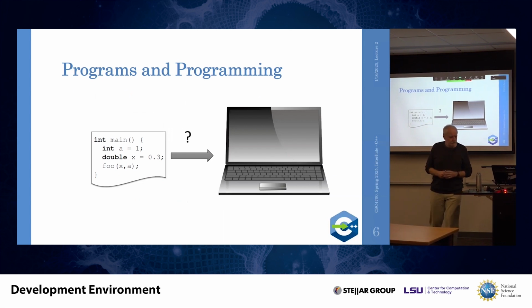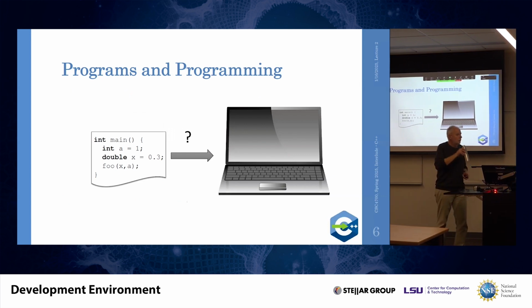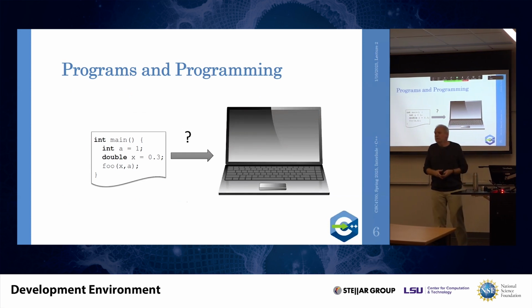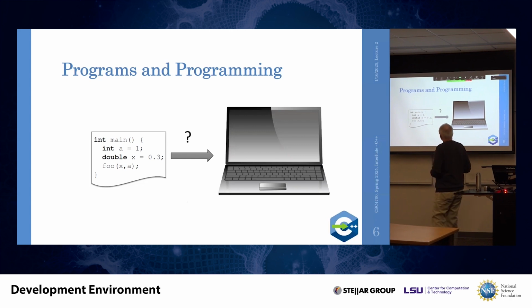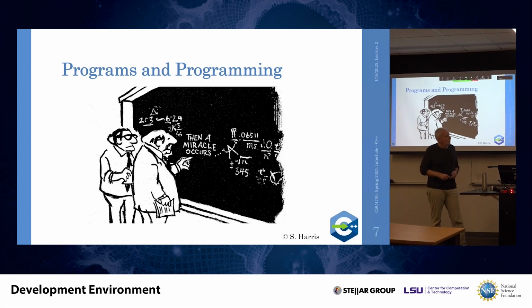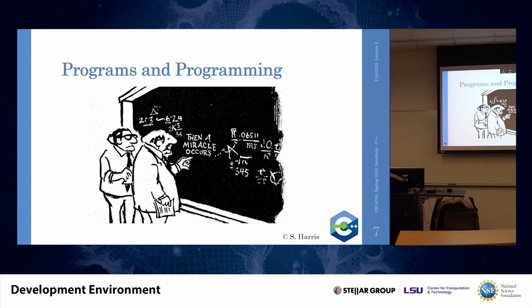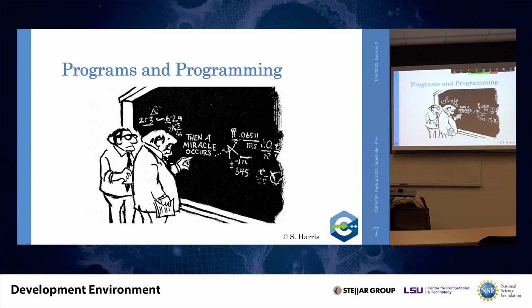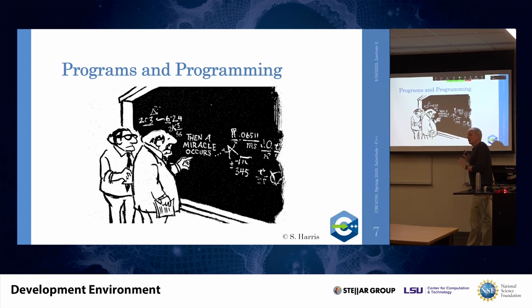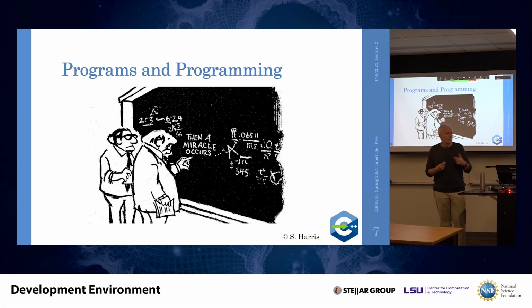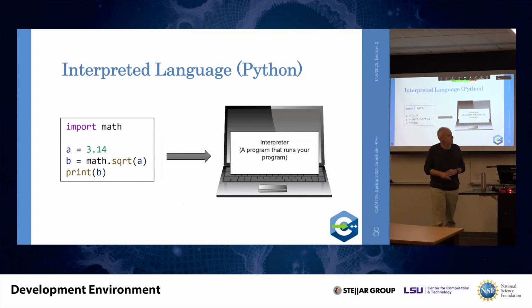That's for the environment. Now, we have a program, in this case a small C program or C++ program. What do we need to do to get it on the computer, to make it work? Well, there could be some magic involved, right? Then a miracle occurs, poof, and things start randomly working. But there is some logic to the madness. There's a scheme behind it, and I will try to introduce you to that.